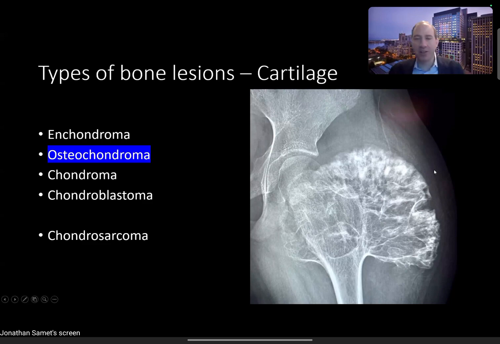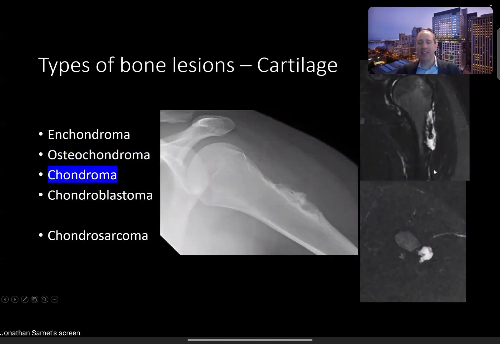Chondroma or periosteochondroma, I think of it as a cartilage lesion similar to an enchondroma, but it's on the surface of the bone rather than within the medullary canal. Notice how it produces a very odd appearance. On the x-ray, you just see something that looks like it's pushing into the bone and scalloping the underlying cortex, but not going all the way through. On MRI, you see a T2 bright lesion, very typical for a cartilage lesion, on the surface, embedded in the cortex. And the thought is that these lesions originate between the periosteal layer